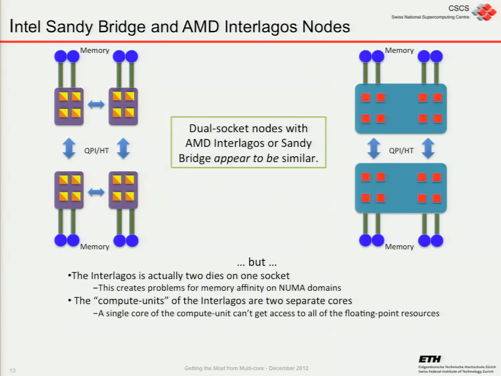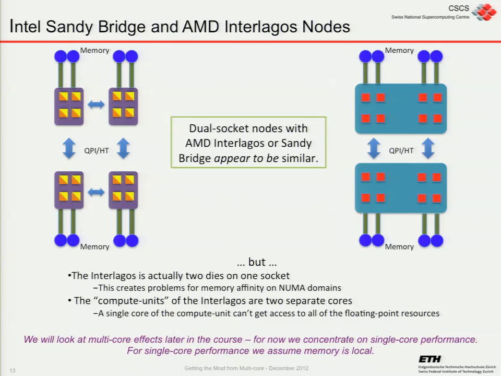The second thing is that those cores, what we look at as one core, can grab all the floating point unit, but it's actually also got this dual core effect up at the top. So we're going to look at multi-core effects later, and that's why we're going to concentrate on single core performance just today, just to begin with, having a quick look at some cache effects, but also about vectorization in particular,